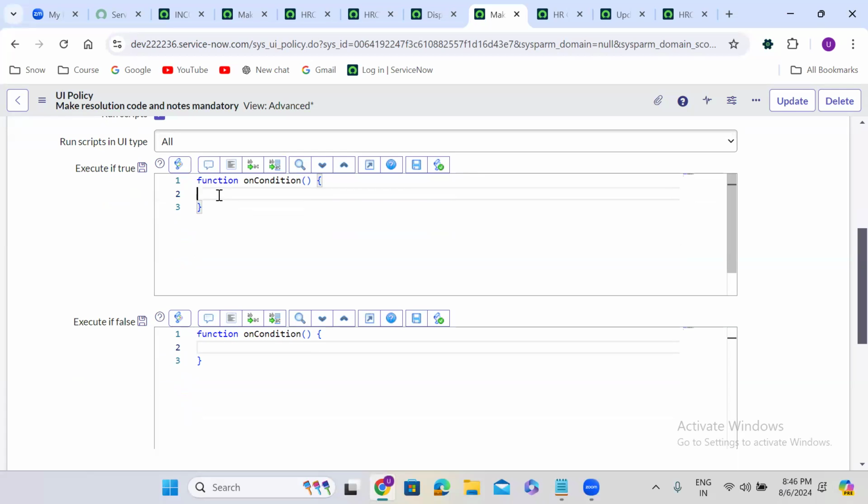Getting my point? Whenever the state is set as resolved or closed, we are making resolution code and notes mandatory, right? So instead of using UI policy actions,